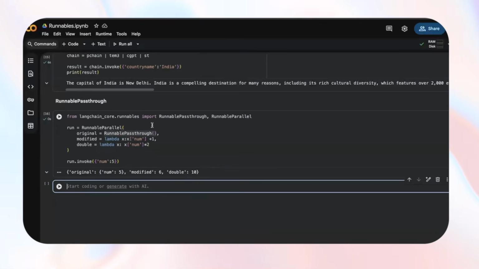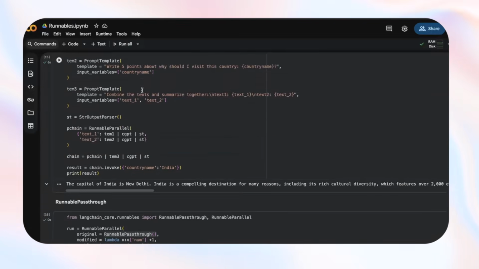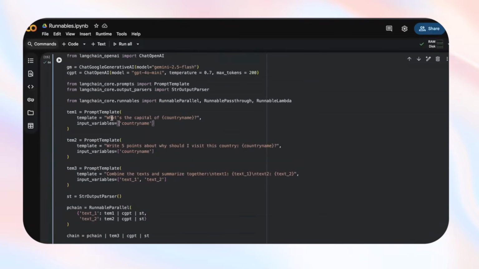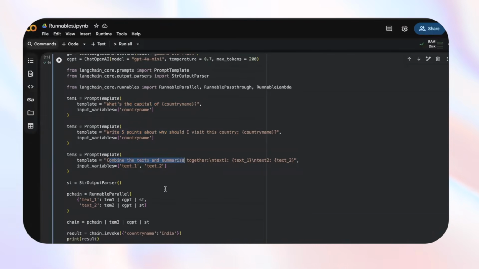Now let's see a detailed use case. So what we are going to do is now we are going to create 2 chains. In the first chain, I will ask what is the capital of a country. Second chain, I will ask to write, let's take the same example, capital of the country, write 5 points. Why should I visit this country? And then we are combining. So let's say